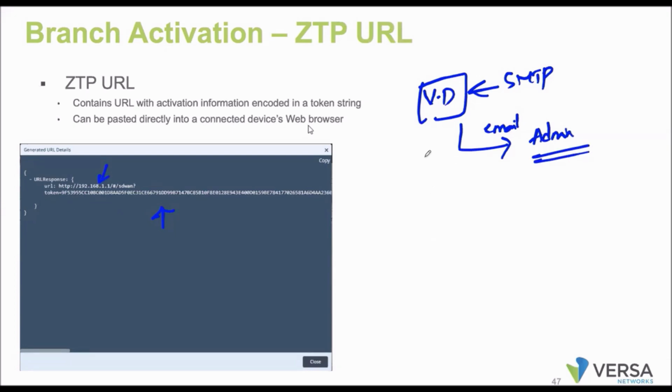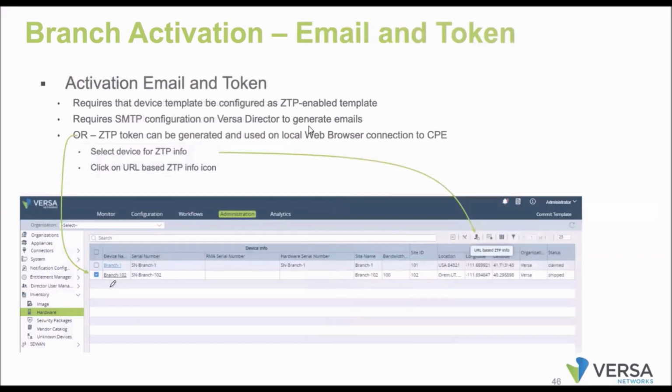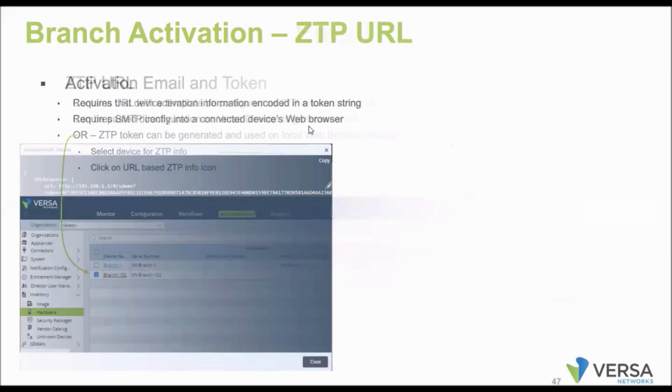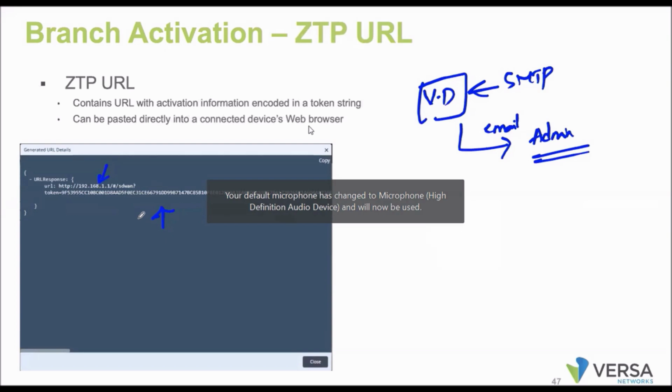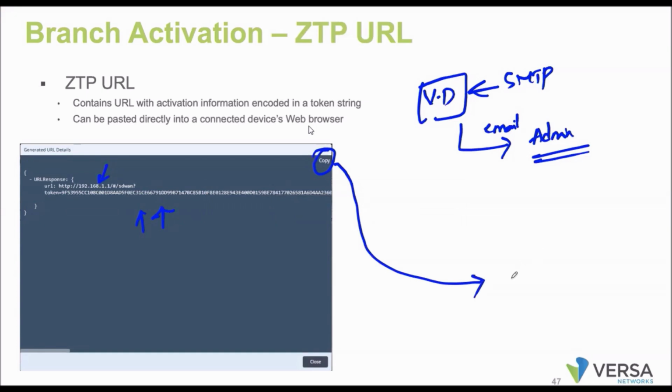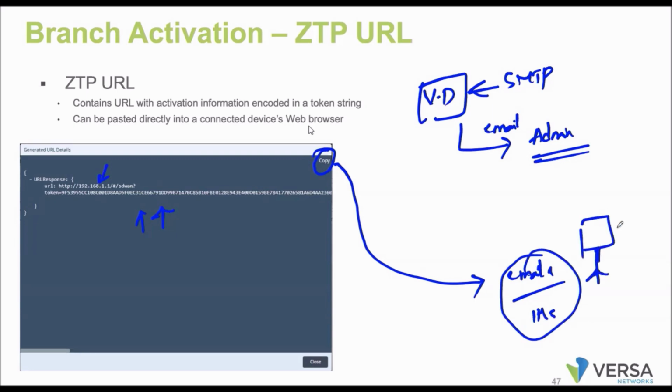Okay, so this is one step. We'll go to this branch and click on this icon, so you can copy the complete token. Click on this copy. Being an administrator, you can share this link via any email or via any IMs. So we can just share it with that and ask the admin to connect the branch on the particular port and particular port WAN interface.